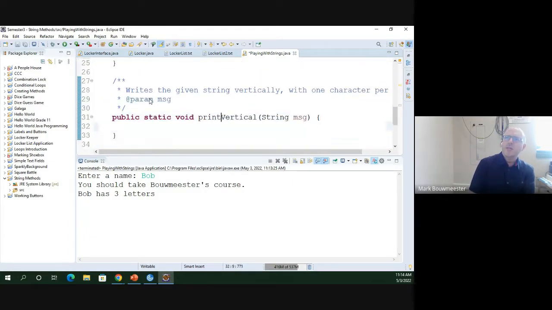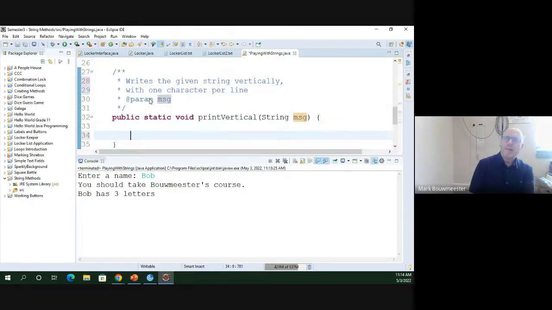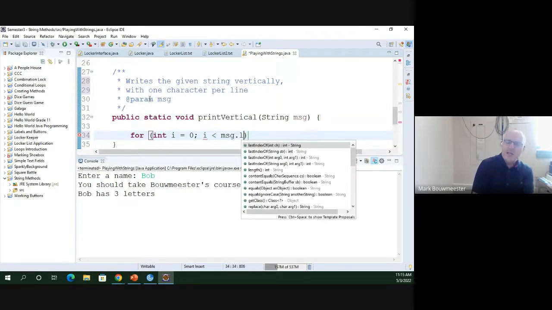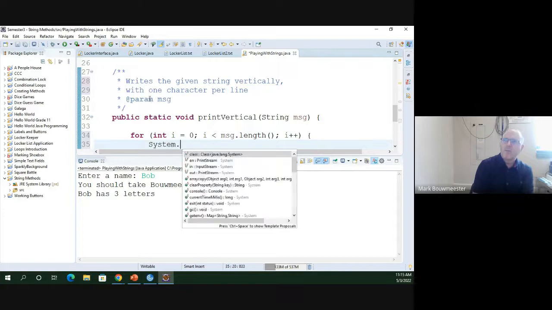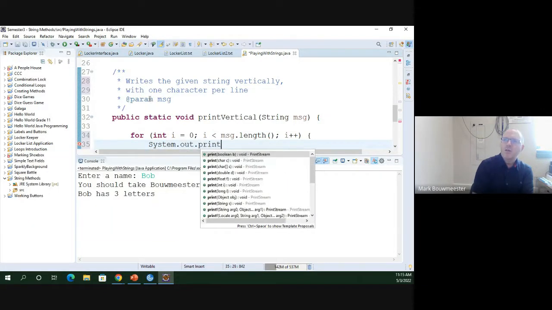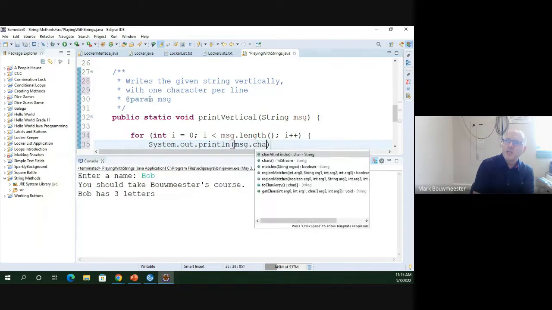Print vertical, write the given string, which I'm calling MSG for message, vertically, 1 character per line. To do that, I need to loop through each character in the string. I can write a counted loop for that. For integer I, starts at 0, as long as I is less than the message length, and count by ones. System.out.println the message character at